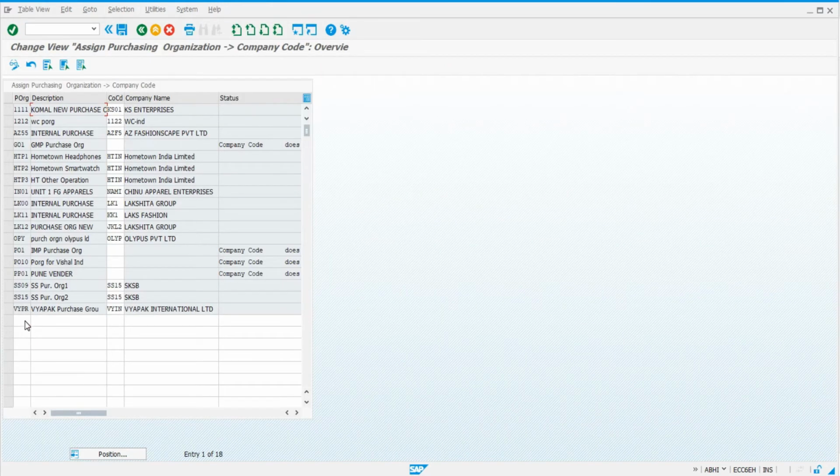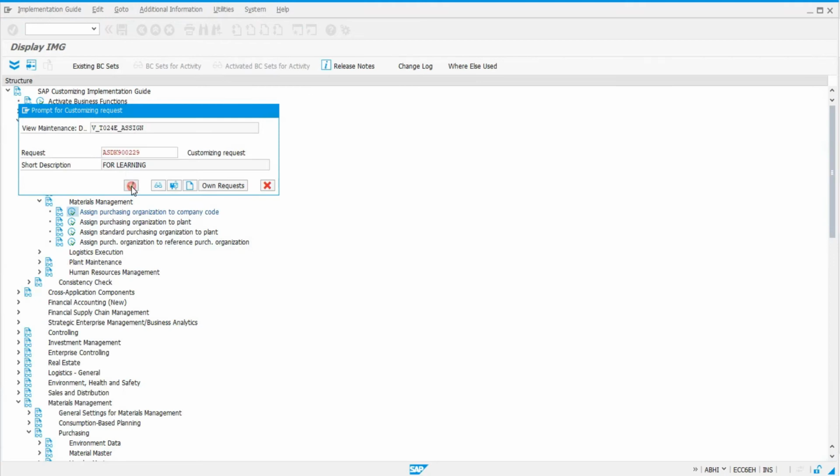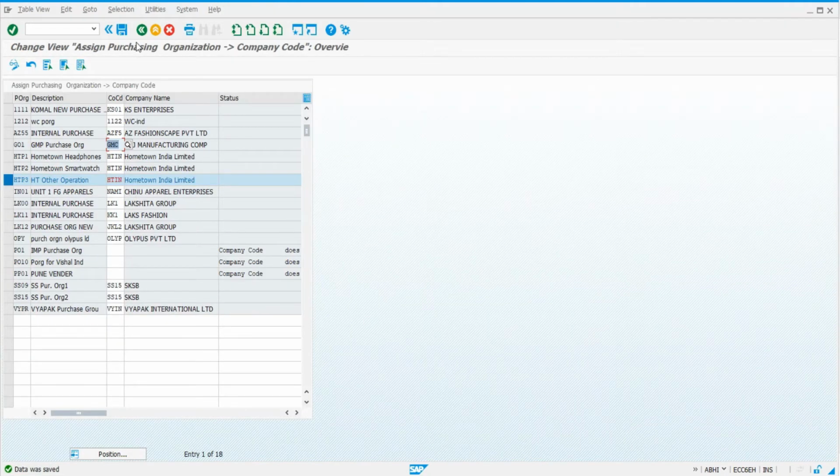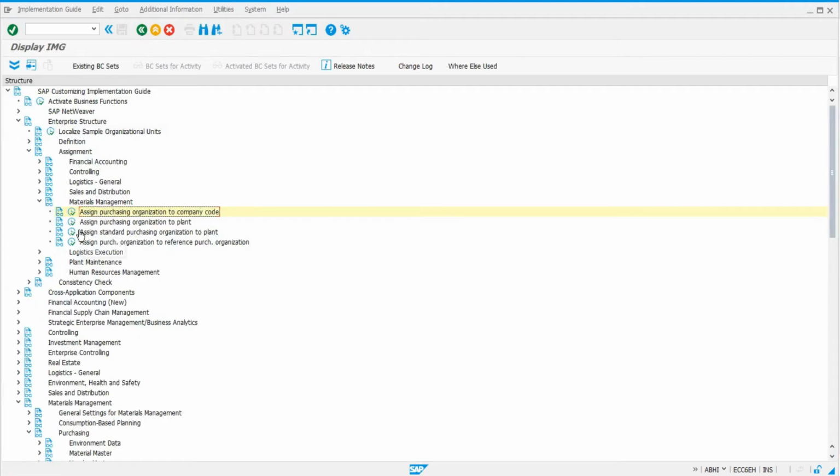We have our purchasing organization GO1, Gujarat Manufacturing Plant Purchasing Organization, and company code is GMC. This portal will show all existing purchasing organizations. All you have to do is define the company code in front of that, hit enter, and now save. So what we did, we have assigned the purchasing organization to a company code.